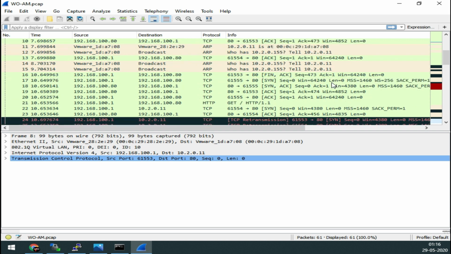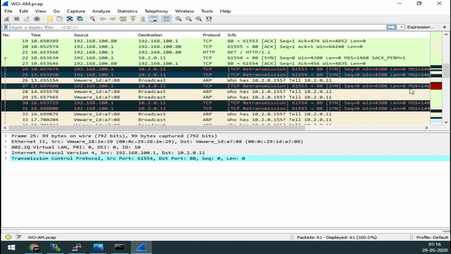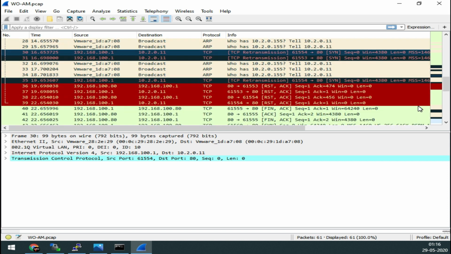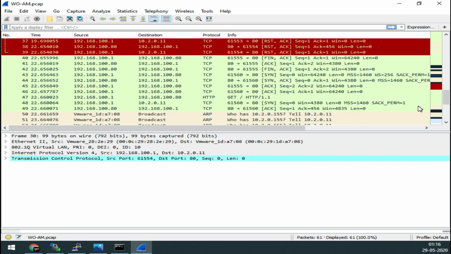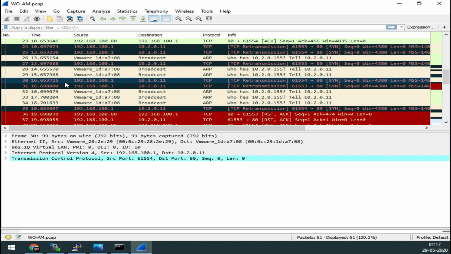But it will never be able to send a response. You can see the retransmission, and it is not able to send this traffic back because there is no routing over there. You can go through it packet by packet.